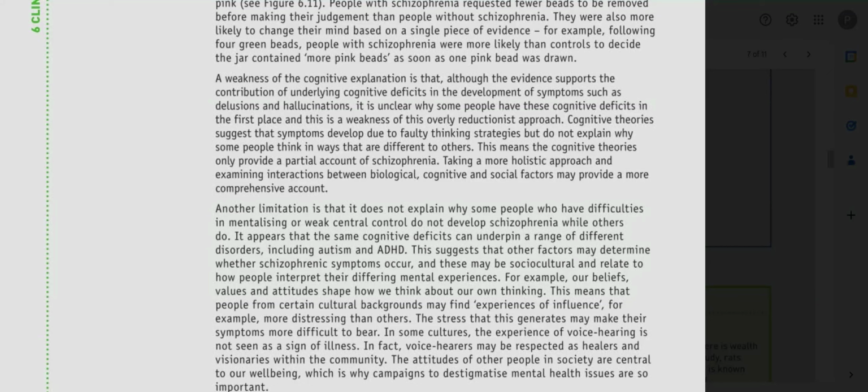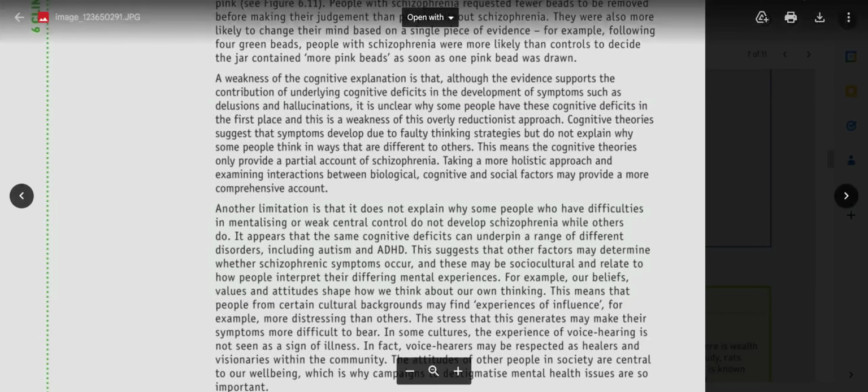And then they're saying this suggests that other factors may determine whether schizophrenia symptoms occur, and these may be socio-cultural. So they're saying that if these cognitive symptoms do not alone explain whether a person has schizophrenia, you will need the biological symptoms with it, or you will need other cultural symptoms with it in order to understand if it's actually schizophrenia. Because the symptom that they're talking about, or the error in mentalizing that they're talking about,